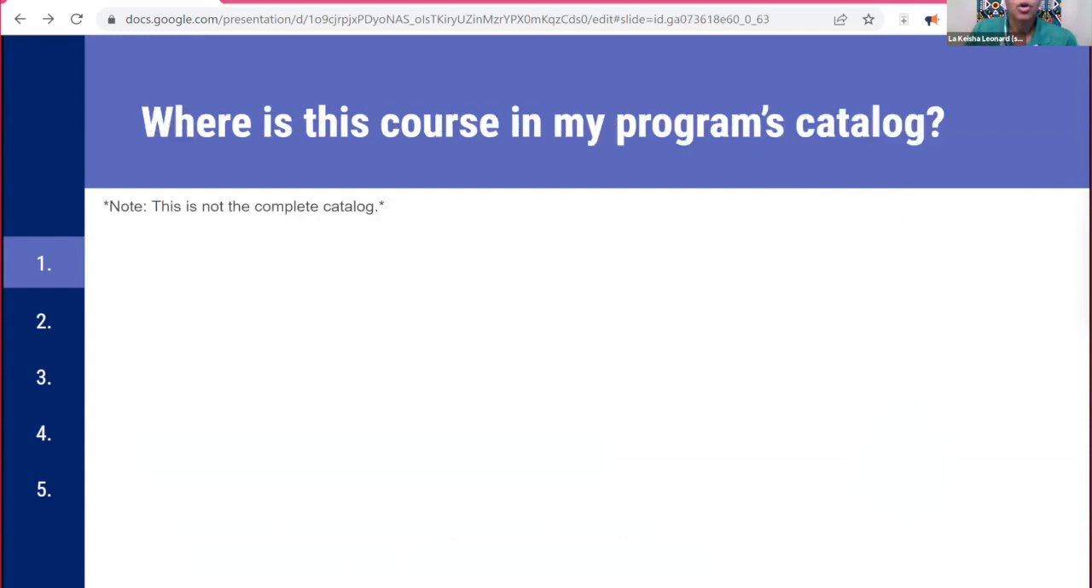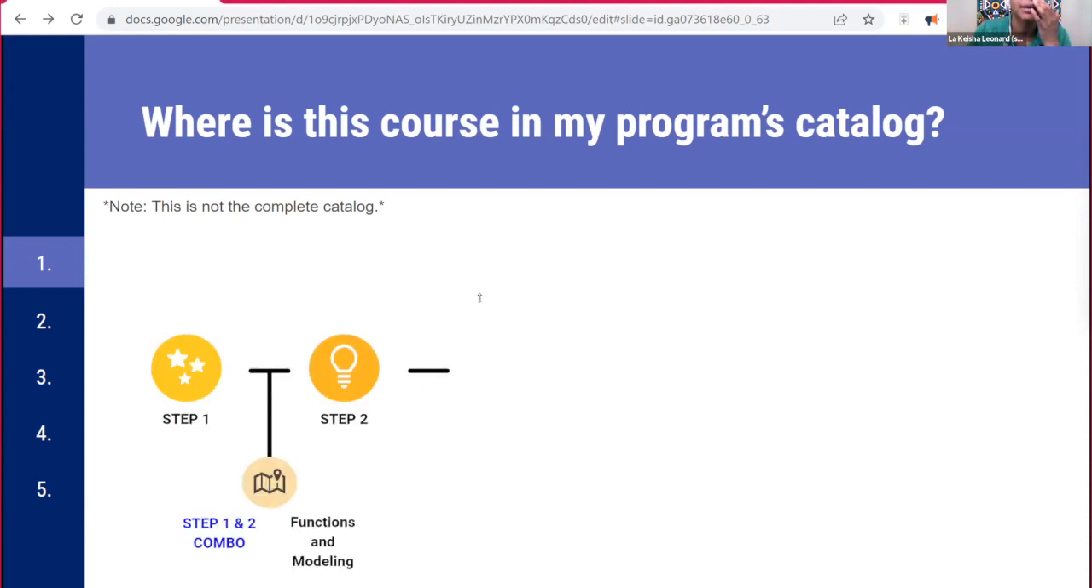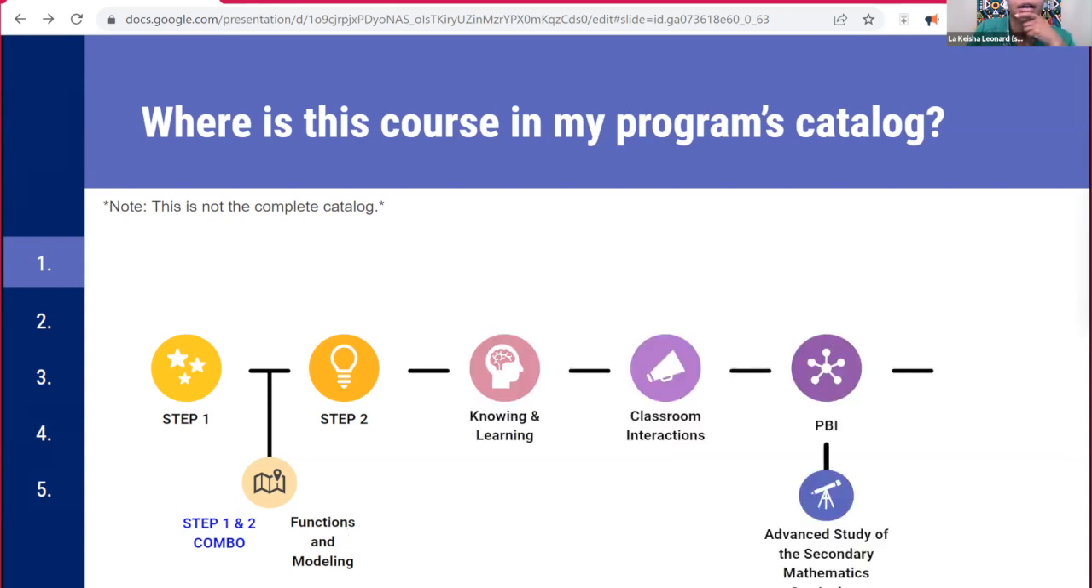Okay. So where is this in my program's catalog? So an ideal track for a math pre-service teacher would be they would take step 1 and step 2, okay? And if they are one of the fast track, then they will be in the combination course. And right after someone takes step 1, they have the ability to take functions and modeling, okay? And so then after that, they have access to taking knowing and learning, classroom interactions, project-based instruction, and once they take